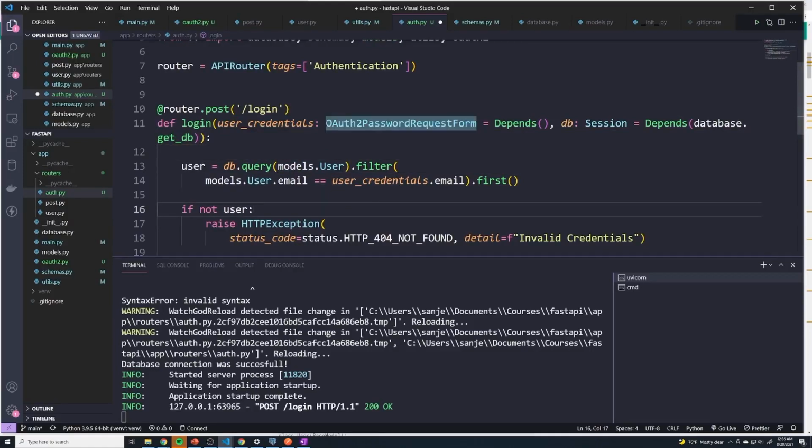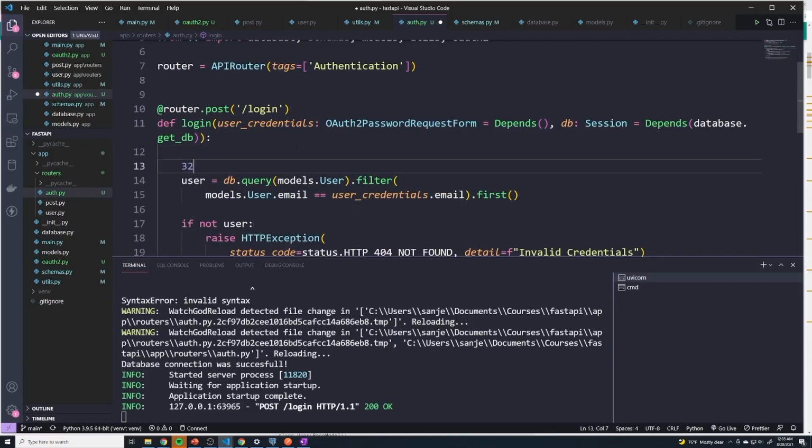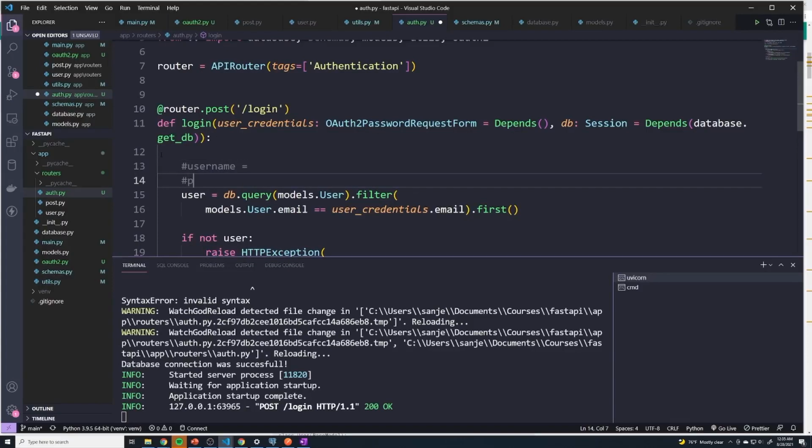So when you retrieve the user's attempted credentials from here, it's going to store it in a field not called email, but in a field called username. So when we compare models.User.email when we're querying the database, we can't compare it to user_credentials.email because there's no field called .email, right? It's only going to return two things. It's going to return our username, which equals whatever, and then it's going to return our password, which equals whatever. And so we don't have access to email. We have to use